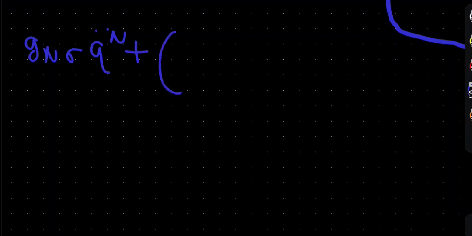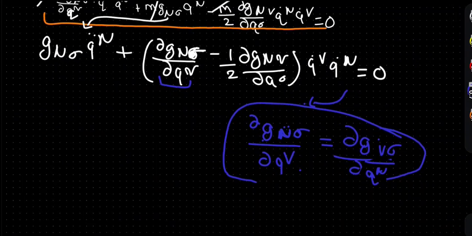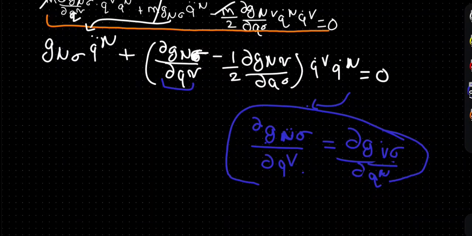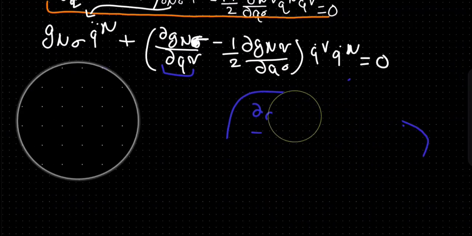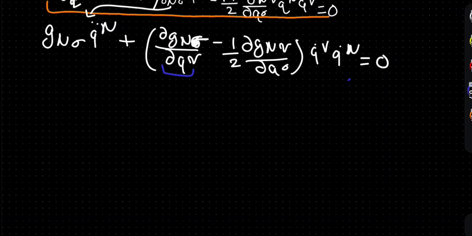And plus, as I have written here, I can write these particular things as the sum of the two. Then this becomes very easy. How? See how I am going to write this. It's g mu sigma q double dot mu plus I can write this as the sum of